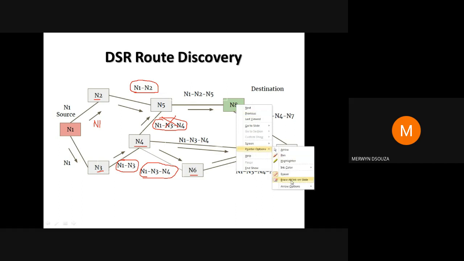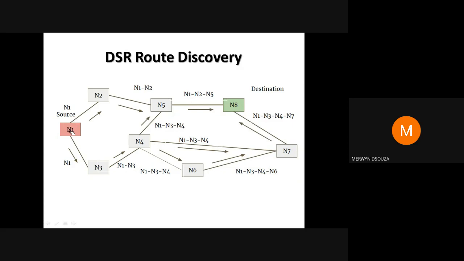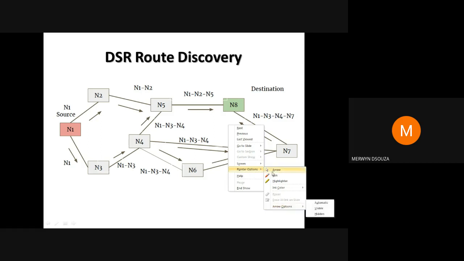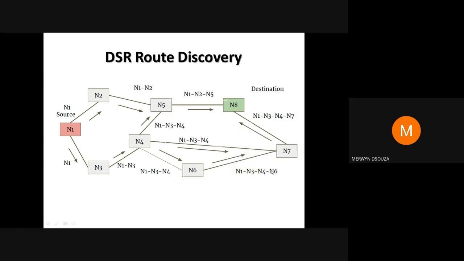Have you all understood how this is working, how the route request packet that was initially sent by N1 reaches N8? Any doubts about this before I proceed to the next slide? Still the route has to be acknowledged. This is just a route request message. The shortest route has to be acknowledged by the destination N8. That I will show you in the next slide.